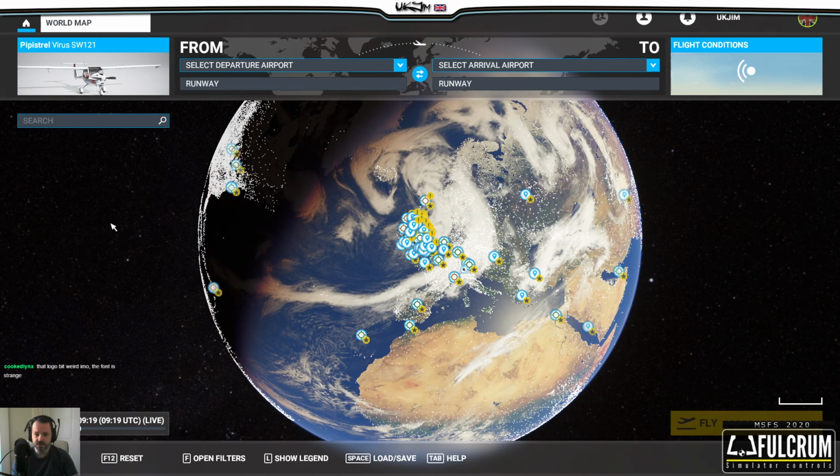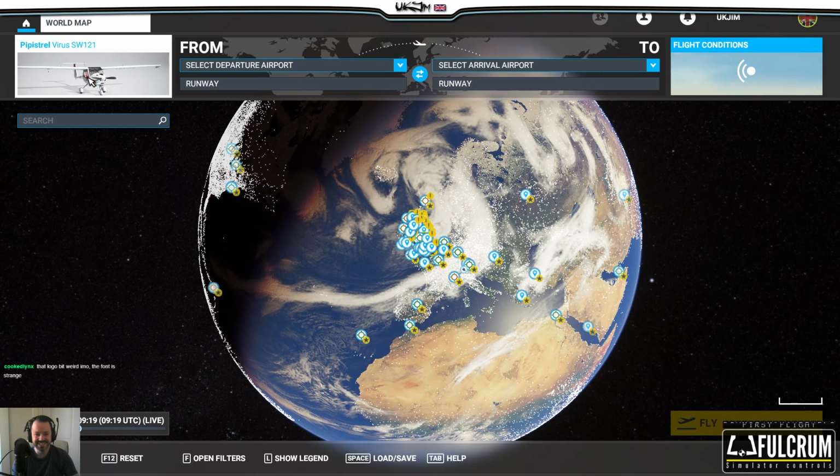Right, so we're on the main page at the minute of the FS, and I just want to react to something in my chat. So, Cooked, what do you mean? The logo bit is weird. The font is strange. You actually mean my logo that's at the top of the stream? I've always had that logo. Anyway,